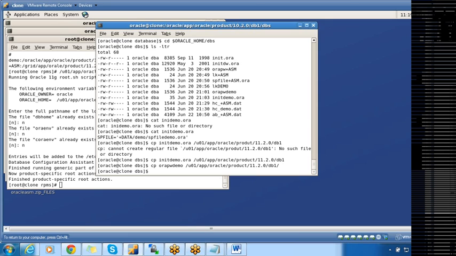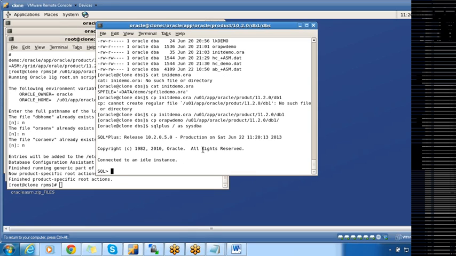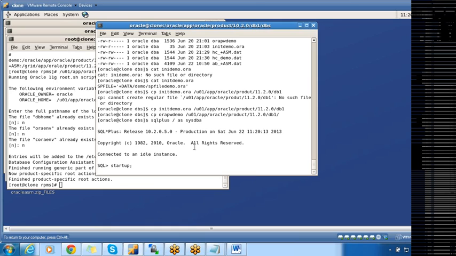Once we copy the password file, parameter file, tnsnames and listener.ora, we have to set the environment to 11g using oraenv. But before doing that, let me show you, we have to start up the database from the 10g home. I'm connected to 10.2.0.5, so I'll be starting the database from the 10g home. Startup. So this is possible. If you have ASM on 11g release 2, you can have the database on 10.2.0.5. You'll not have any issues.